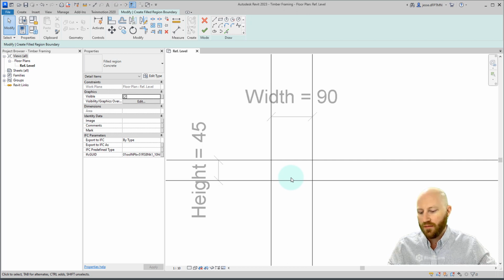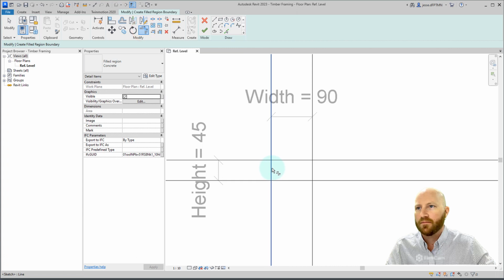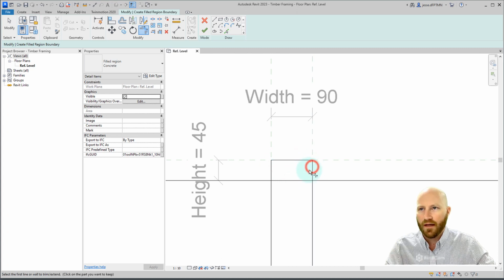So hit Escape twice, usually, to make sure you're out of whatever command you might be in, and then go TR. These are the only keyboard commands that I really use a lot of, the ones meant for modification and drawing, like in AutoCAD. So trim or extend, click on that one, and I'm going to click on the two sides of the lines that I want to keep. So I'm going to click on that one, and that one, and that one, and that one, and that one,